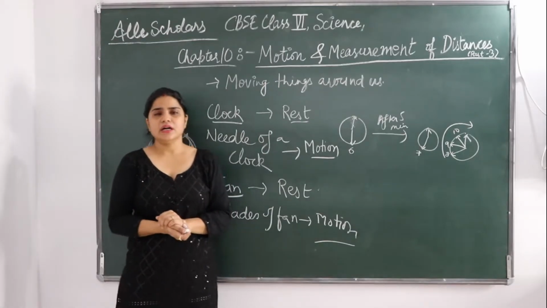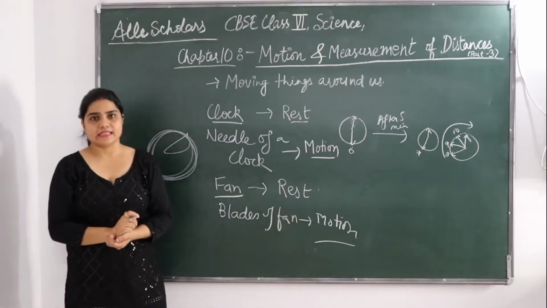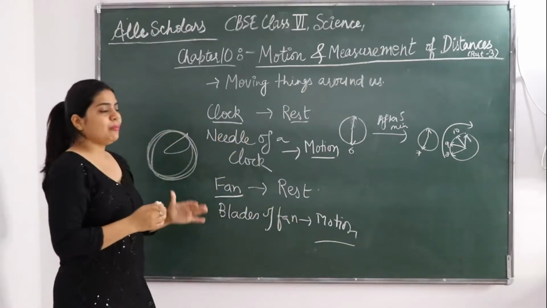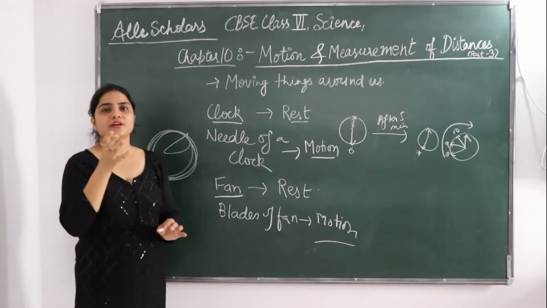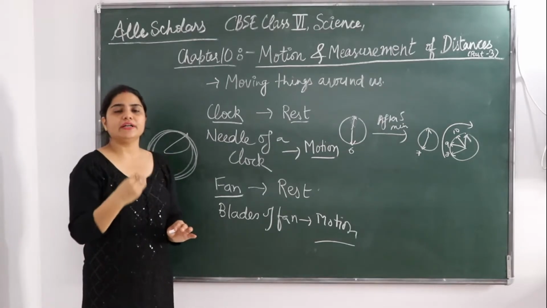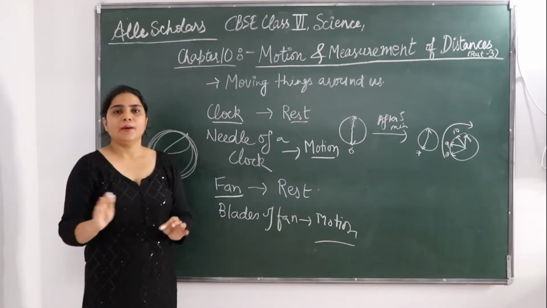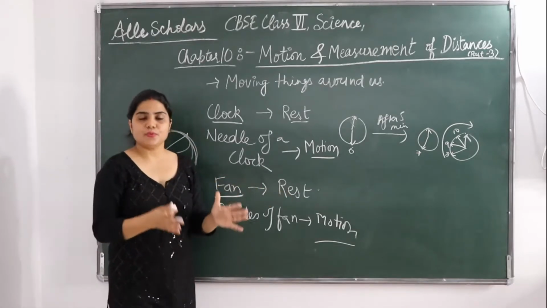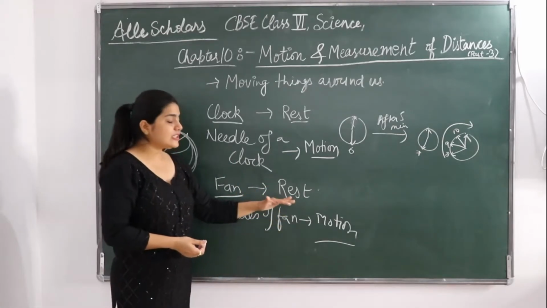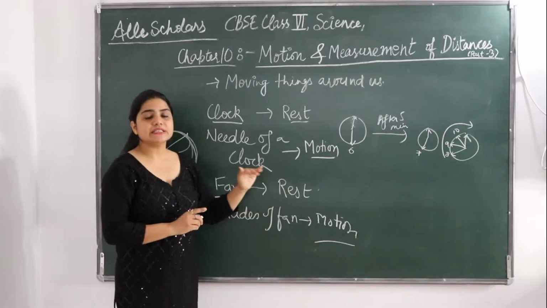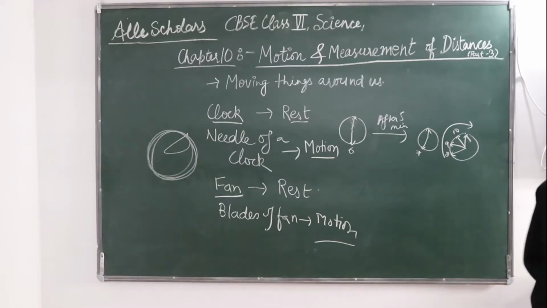But if you see a bird, it can't be at one place. Sometimes they are sitting here, they will fly, they will go somewhere else. So basically motion और rest में क्या difference हमें मिला कि in motion the body of a particular object is going to move or it's going to change its position with respect to time. But if there is no change in the position of any body with respect to time, it is called to be in a state of rest. Okay, so rest and motion.